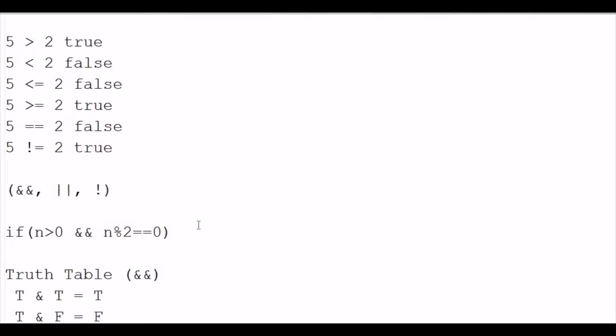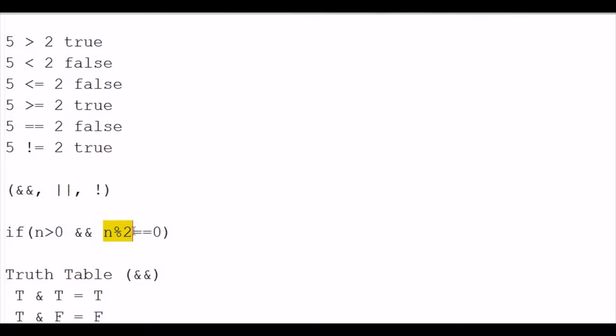We are going to check a number for positivity as well as whether it is an even number or not. So to look for a positive number, we have to check whether it is greater than 0 or not. Any number which is greater than 0 is a positive number. And to look for an even number, we have to check whether it is divisible by 2 or not.